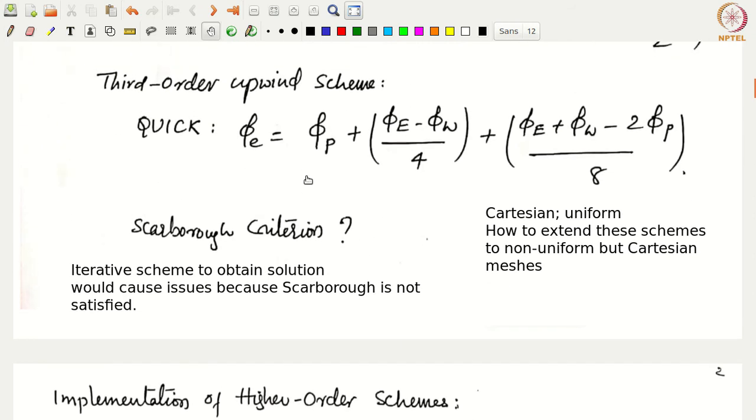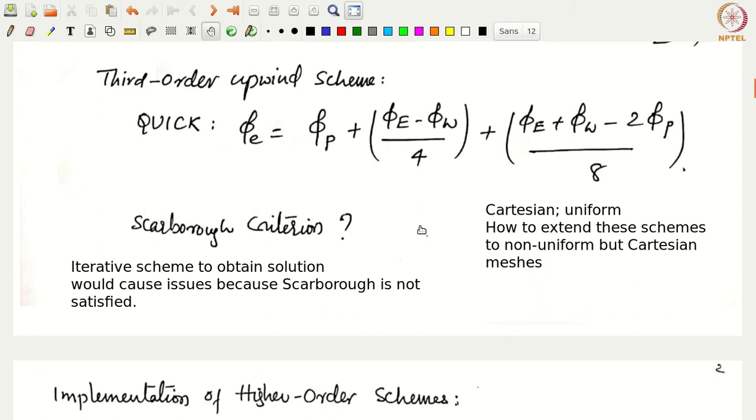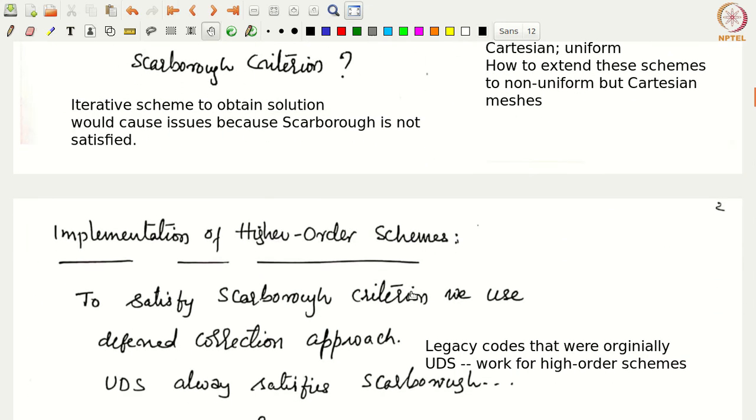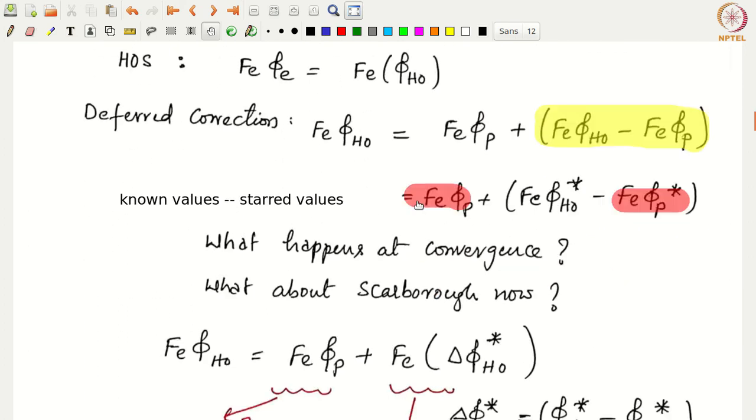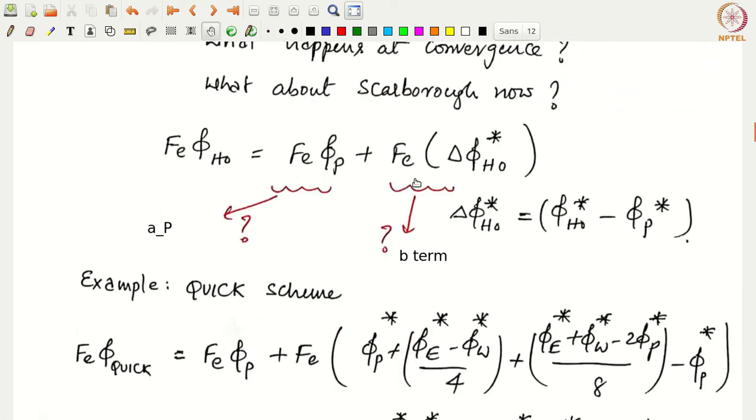Yes, you can do it. Essentially, if you want to do it another way, what we are losing here is the diagonal dominance, right? Your Scarborough criterion would not be satisfied. So you can make it satisfy diagonal dominance or Scarborough by using some kind of relaxation. If you have a relaxation factor, you can make it go up. You can make it an under-relaxation factor or something, and then you can make the Scarborough criterion or diagonal dominance satisfied. Okay, so that is another way.